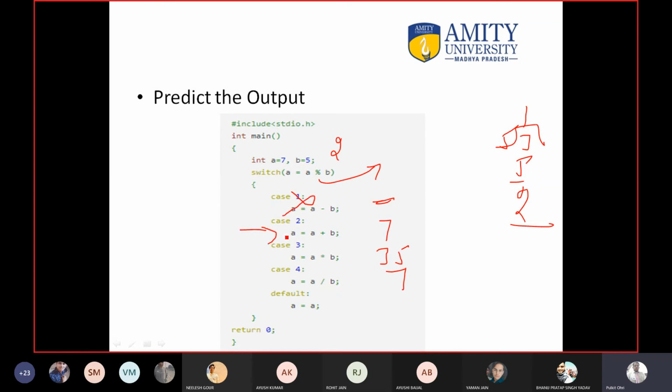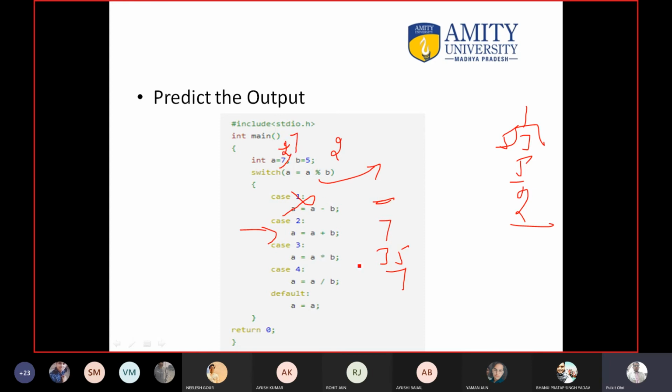Then this case is matched, so the value of a is now changed. The value of a is now 2. Remember that, because a variable can take only a single value. So 2 plus 5 is 7. Because there is no break statement, you will enter inside every case. So a equal to a multiply 2 means the new value of a is 7.